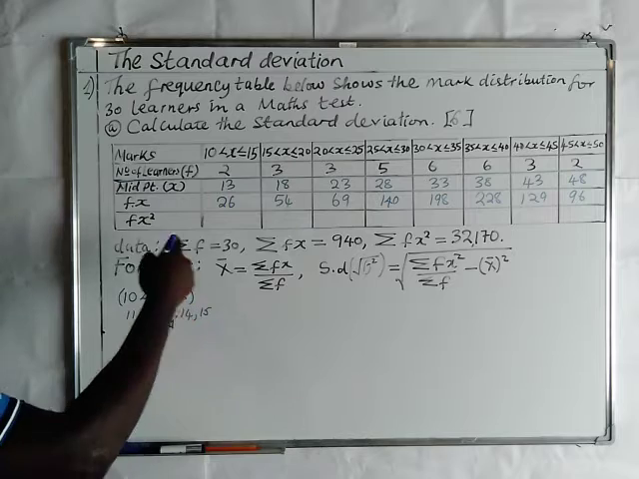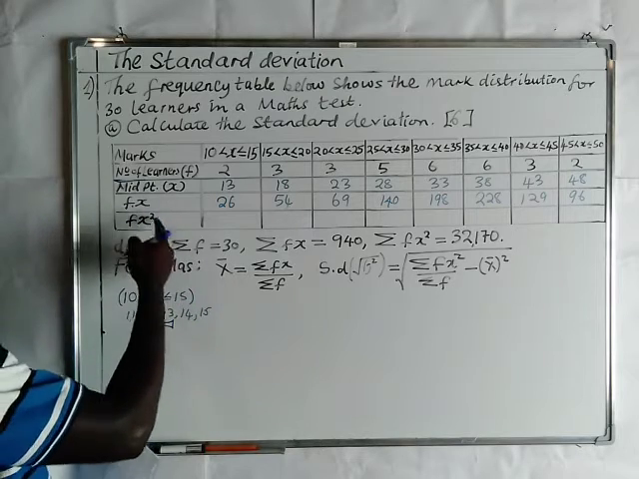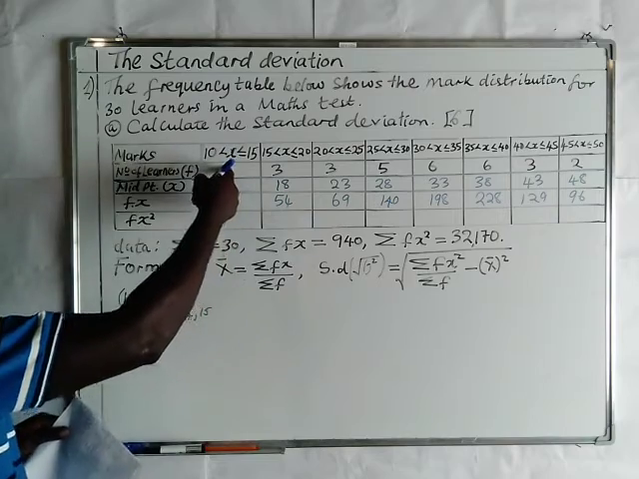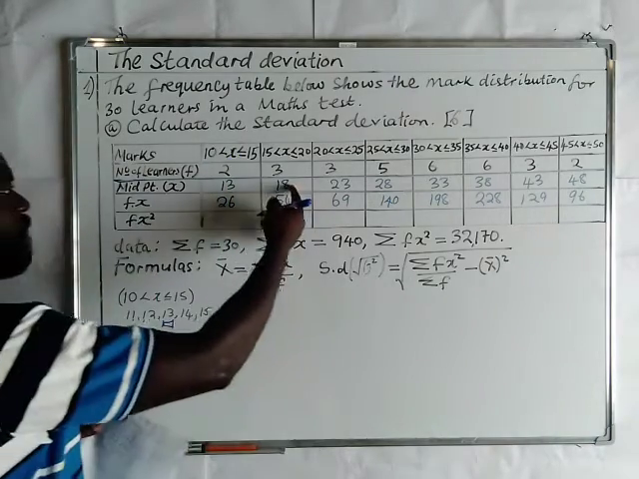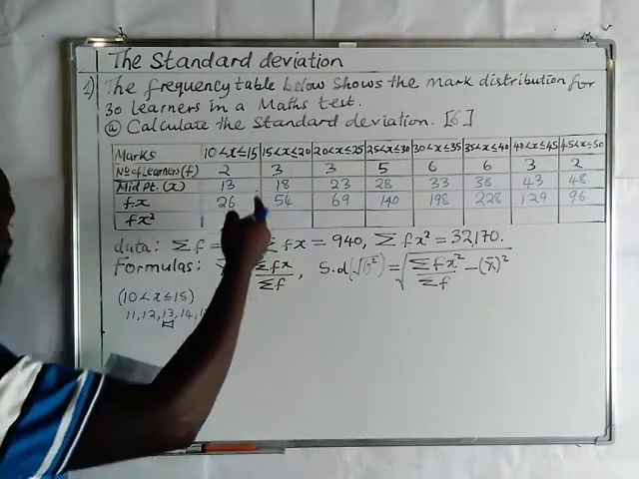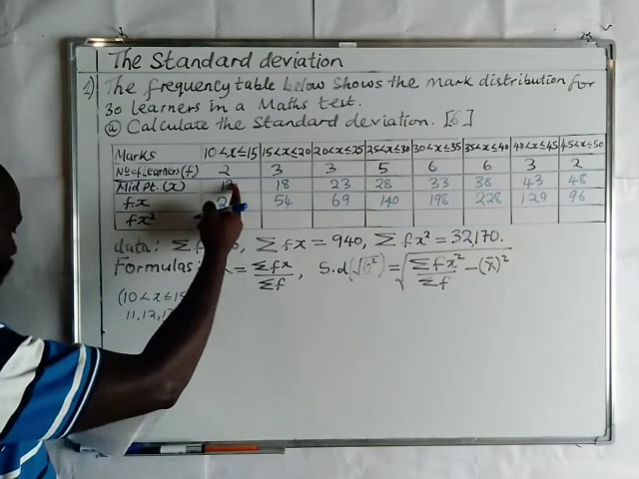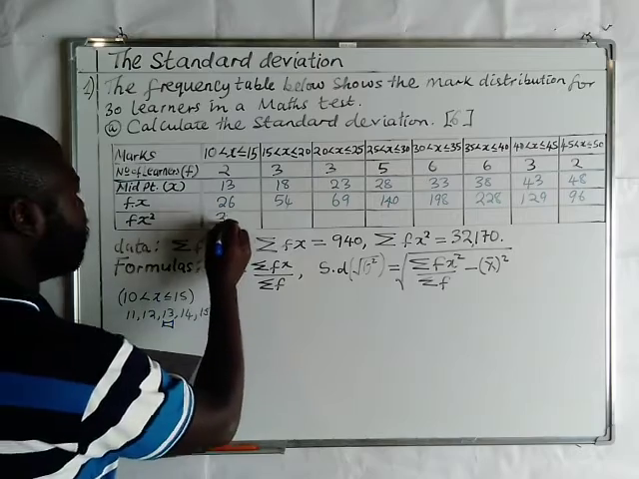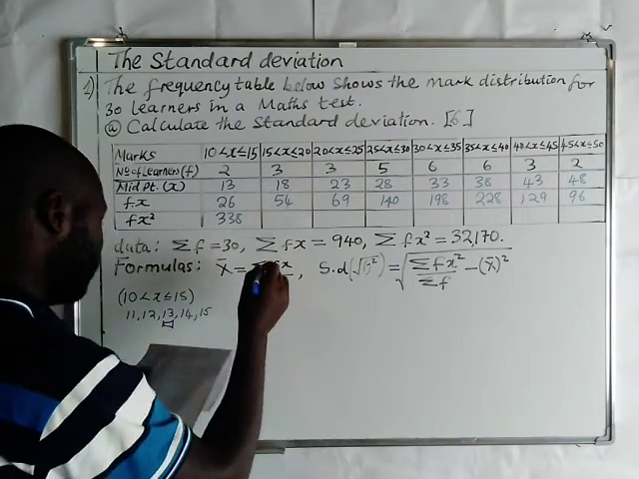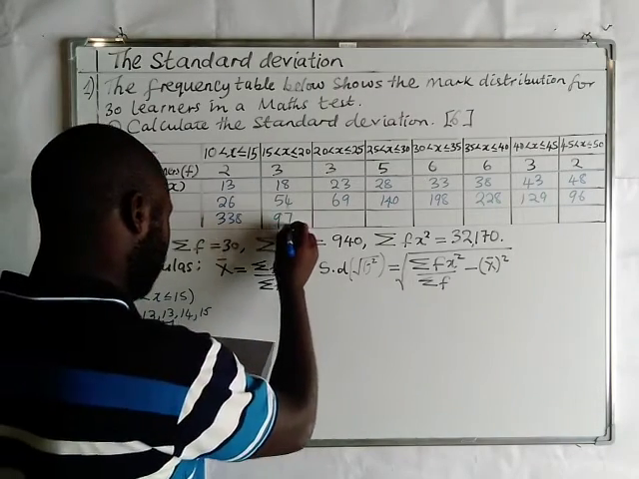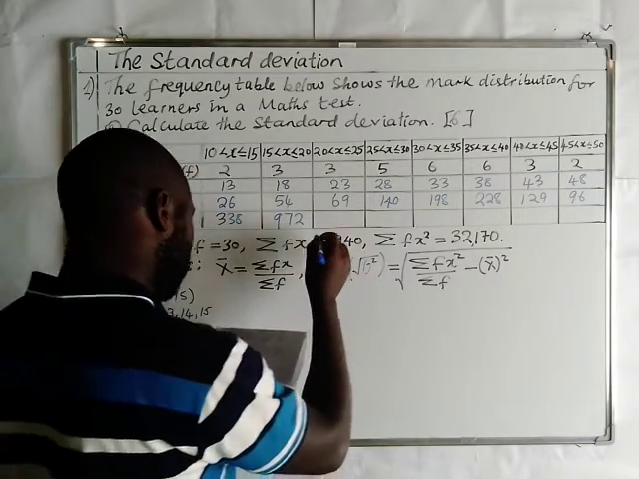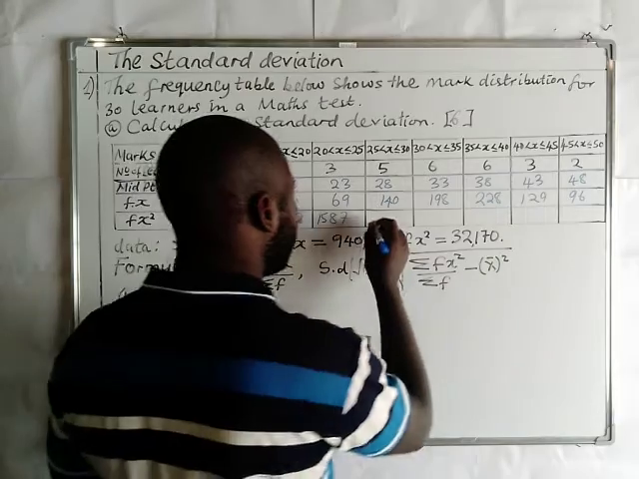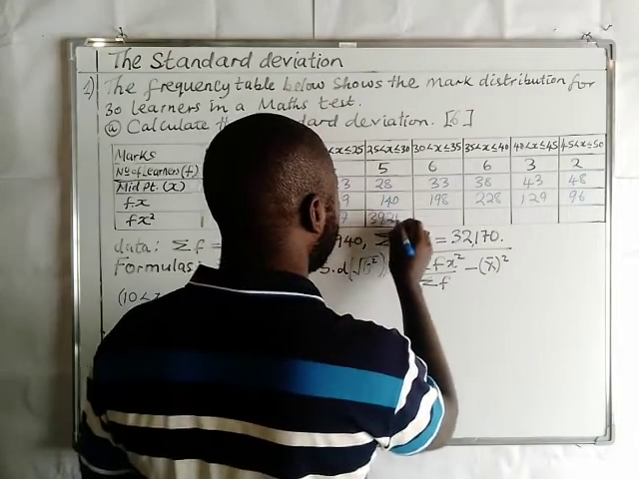Then we get fx squared. For fx squared, we square the midpoint, then we multiply by the frequency. So when we square 13, multiply by 2, we are getting 338. Here 972, and here 1587, 3920,